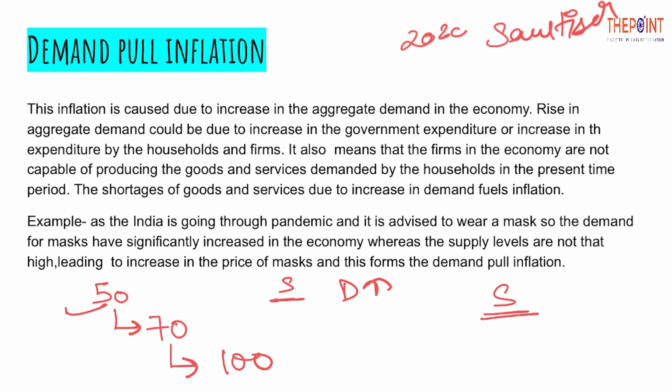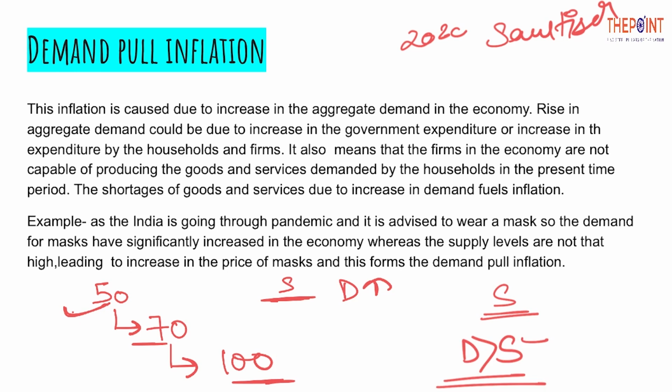Why? Because the supply was a constraint. There was less supply of sanitizer and more people were asking for sanitizers in the market. So with time, the bottle which was available for 50 rupees later got to 70, and later the chemist increased its price to 100. Now if you see the pattern, the price is increasing, which means inflation is there. The reason for inflation is that the demand has surpassed the supply. The demand is so much that we are not able to meet the supply of that product with the current production facility.